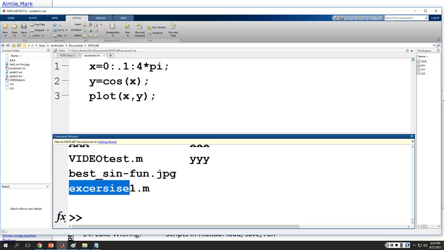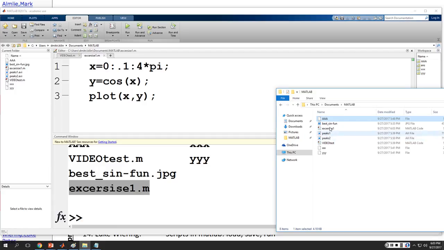the script file. Well, it would be too ambitious to call it a program. Script, which is stored in this directory. And if we are skeptic to whatever MATLAB is doing, we can go to File Explorer, identify that this file did appear there, and we can either double click and funnel it into MATLAB,